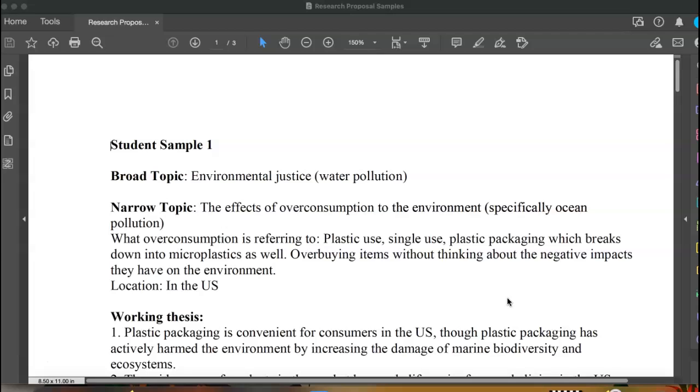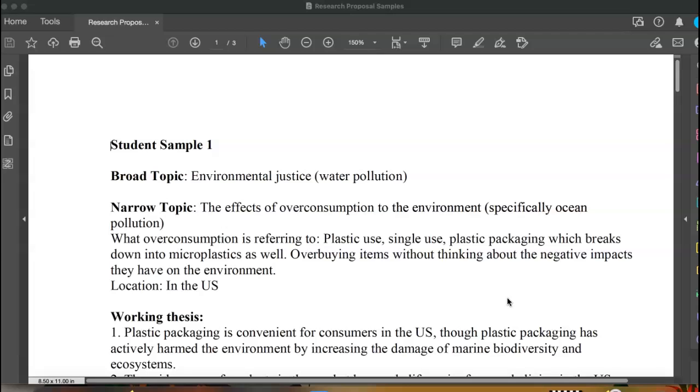This first one, I'm just going to walk you through quickly each one, and the file is posted in the module for Essay 4, so you can look over it at your leisure. But for the broad topic, for that one, you can just put one of the 5 topics that are listed on the assignment sheet for this paper number 4. The narrow topic is really where you start to get to work on your actual topic. You're going to try to select the smaller piece of the larger topic that you want to focus on in your essay. You can see this person chose overconsumption in the environment, and then she narrowed it down even further